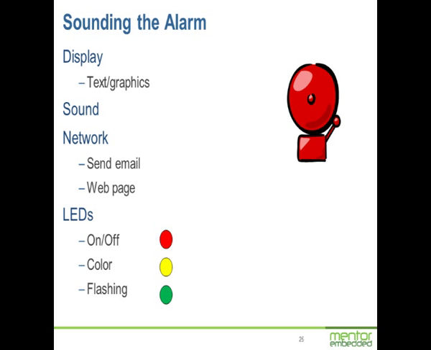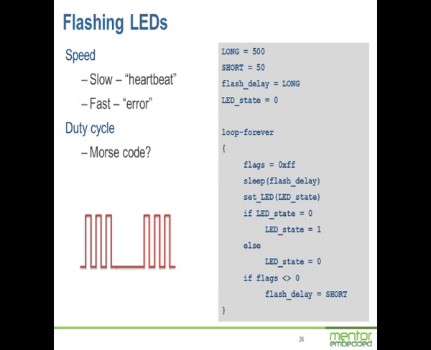Simplest user interface is some LEDs, just flashing an LED. It sounds trivial, but you have the possibility for the LED being on or off, or you can have different colors which mean things just like the dashboard of a car, and you can have flashing. It's amazing what you can do with a flashing LED. I actually think if you've got one, it's best to make it flash at a gentle rate just to show the software's alive. We call it a heartbeat. And then flash it fast to indicate you have an error.